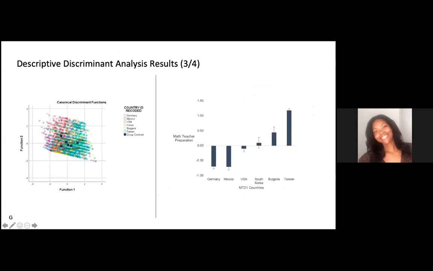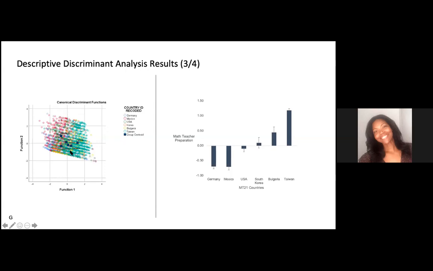Okay, so some of the automatic output that SPSS gives you when you run this analysis is this kind of plot here. And this is similar to what you might find when you do machine learning and k-nearest neighbors, and you want to show the separation of the groups in a plot. So again, we looked at function 1. Function 1 is comprised mostly of math teacher coursework. So as I move over in this right direction, we see that people on this side, those teachers, had a higher level of math coursework.